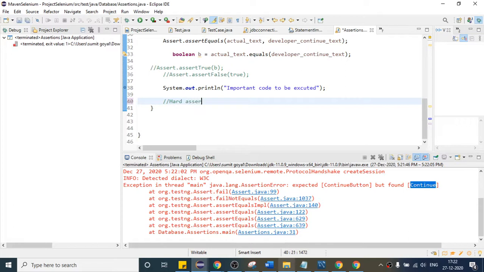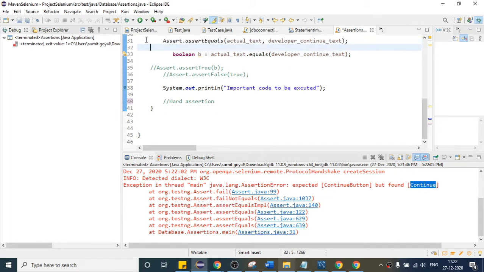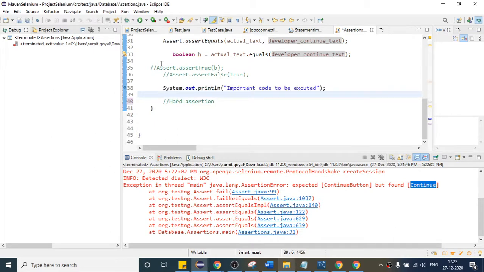So once you use hard assertion like this, whatever important code you write after that hard assertion, once an exception or error comes at this point, the code will not execute after that. But somehow I want to execute this code as well, even if our test case fails.